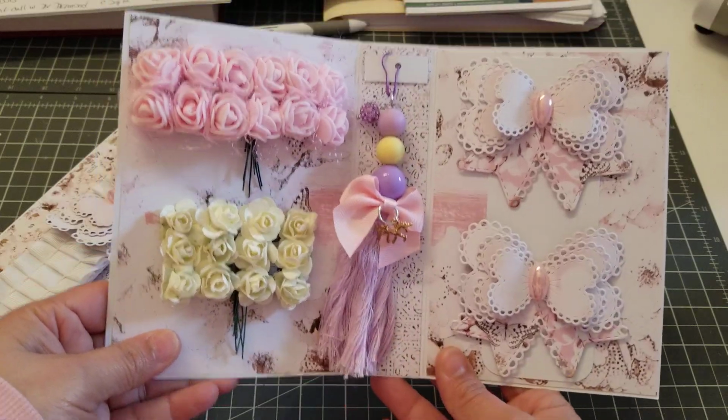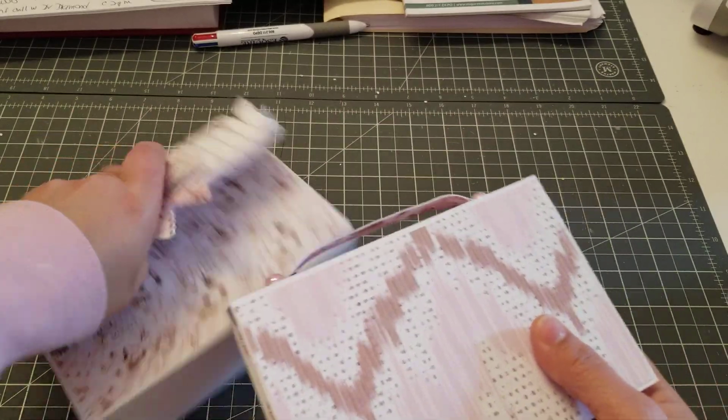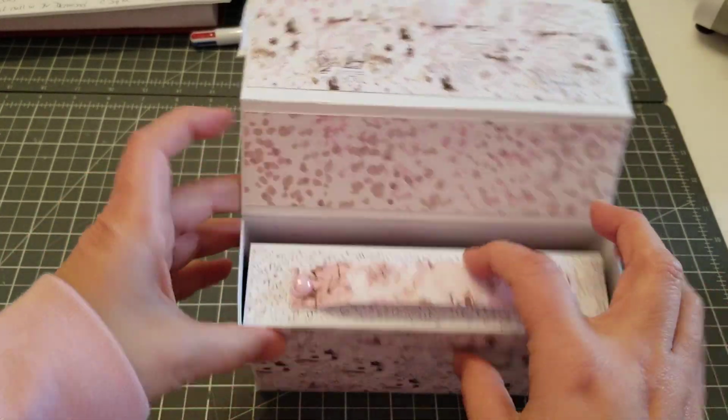I love it. So definitely pass by Tmikas' channel if you want to make one yourself. It was super easy. And then open your box, put your little book inside. You could even fit a little card if you wanted to,